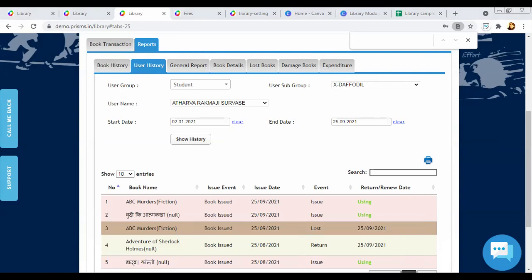But we can definitely add a lot of things into this. We see that many schools are still not using the library module. So we want maximum schools to start using this, and then we can add extra features like notifications and all this. We can keep on doing incremental development into this.